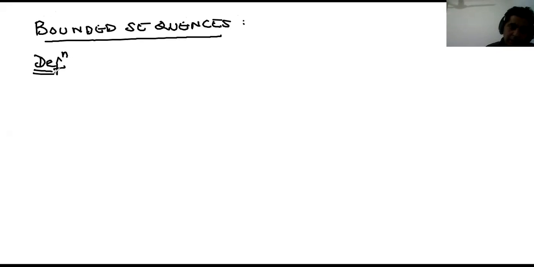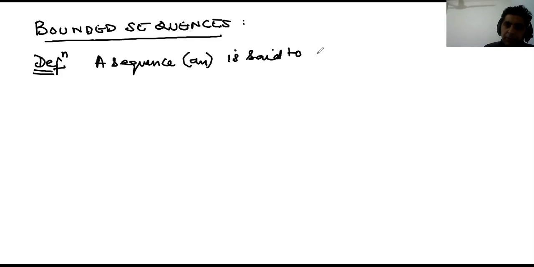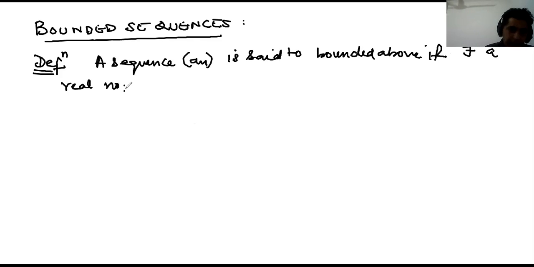Definition: A sequence an is said to be bounded above if there exists a real number k such that an is less than or equal to k for all n. Similarly,